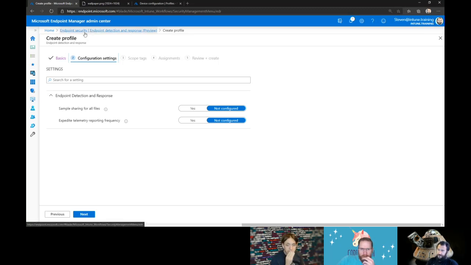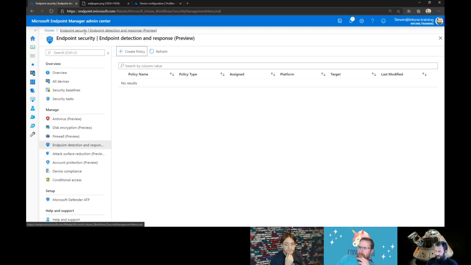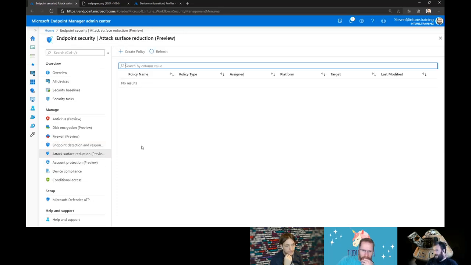Well, and also so you don't have to try and figure it out from trial and error. If I have two endpoint protection policies assigned, are they going to conflict or are they going to work together? Exactly. Because obviously there's going to be situations where you want Hello for Business turned on differently for certain users, or attack surface reduction.